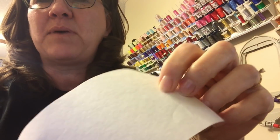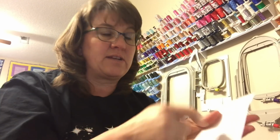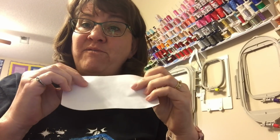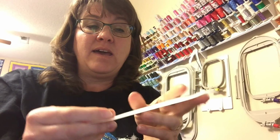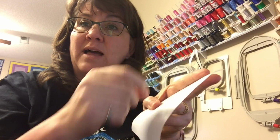And this side's a glossy paper. So when I put it into my hoop, I'm going to use a straight pin, which I don't have sitting right here. I'll try to show you on my hoop in a minute. I'm going to use just a pin and score. You're going to put it into your hoop paper side up, fabric side down, okay? And then we're going to score the paper after it's in the hoop and just peel out what's in the